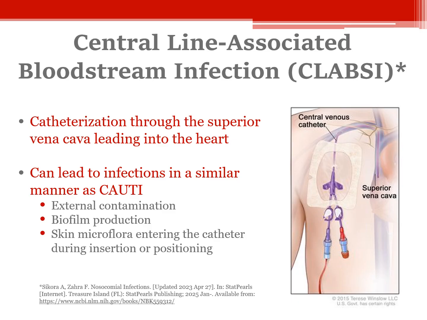The next category of healthcare-associated infection we'll talk about is central line-associated bloodstream infection, also known as CLABSI. There are many procedures that require the heart to be catheterized, and one of the most common ways to catheterize a heart is to go through the superior vena cava, this large vein that carries deoxygenated blood into the right atrium of the heart. Now, there's a few different pathways that can lead to the superior vena cava, but most of the time, that is the target of catheterization into the heart.